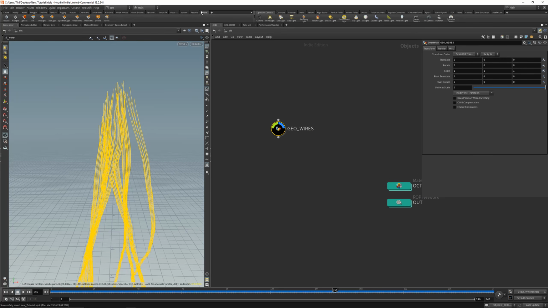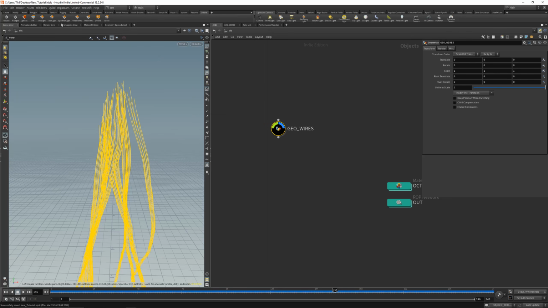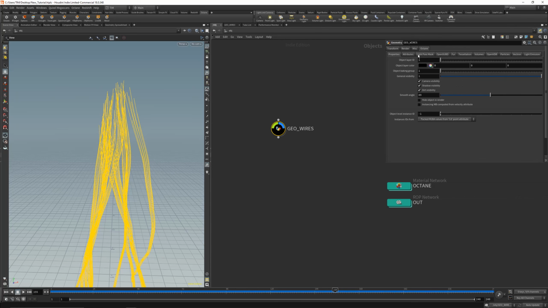Let's go to the shelf tool here from Octane. If you don't see the shelf tools, just go here on the plus icon, go to shelves and enable Octane here. Let's get our object parameters running here, and we will import an attribute called curveview,